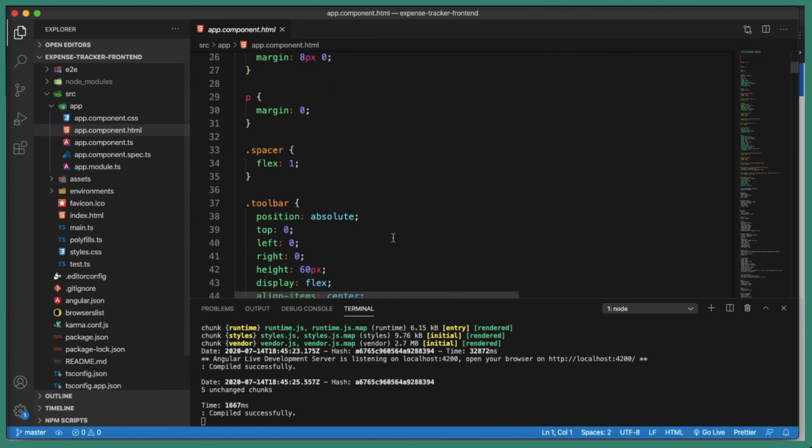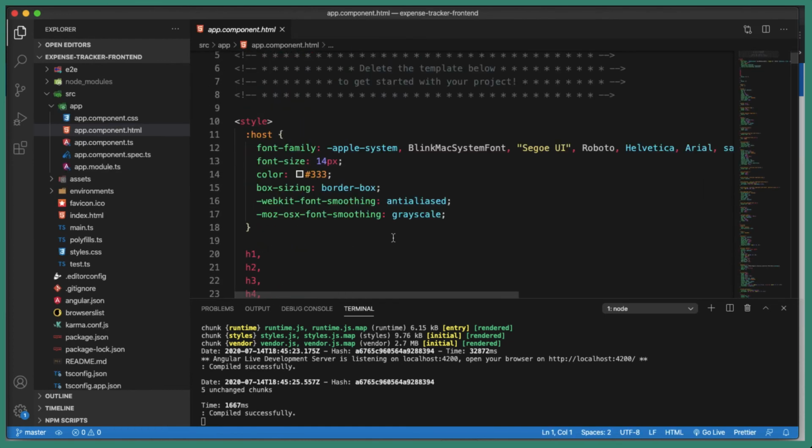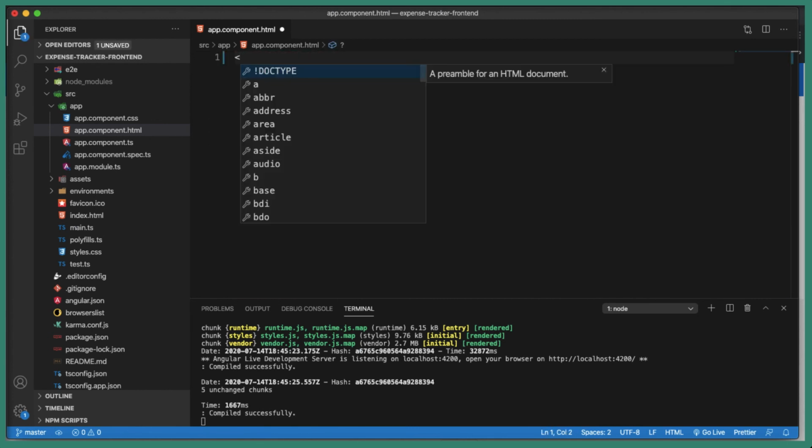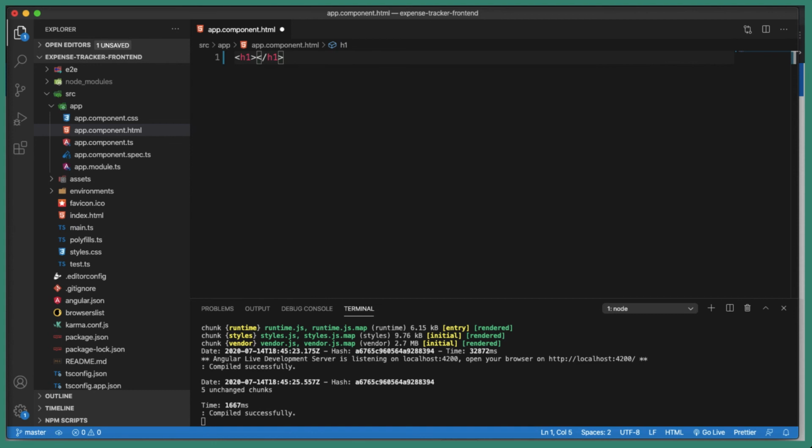You can see all the code that Angular has created for us. So let's quickly remove all of this code and let's type expense tracker. Let's save this, and if you go to the browser, we should see the text expense tracker.